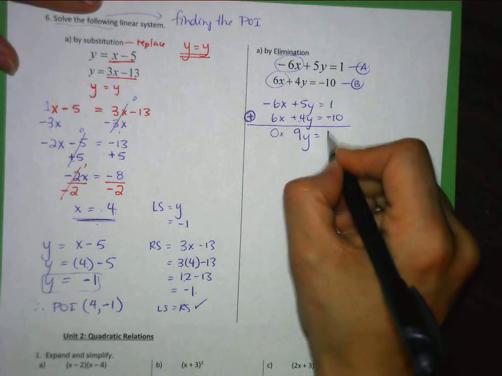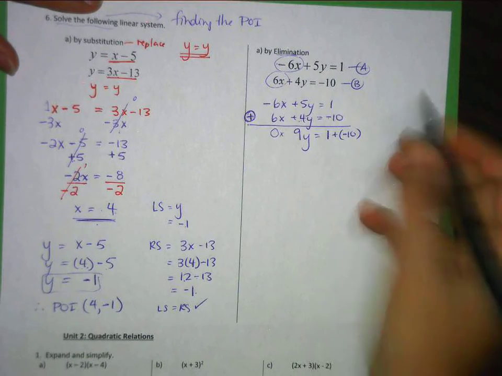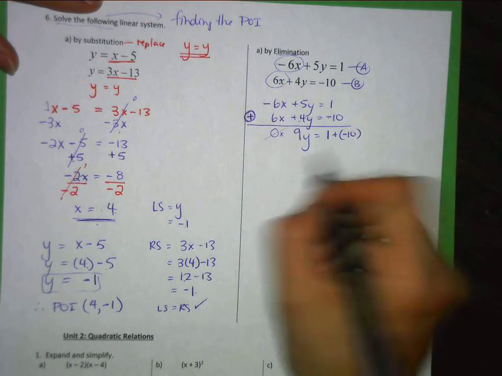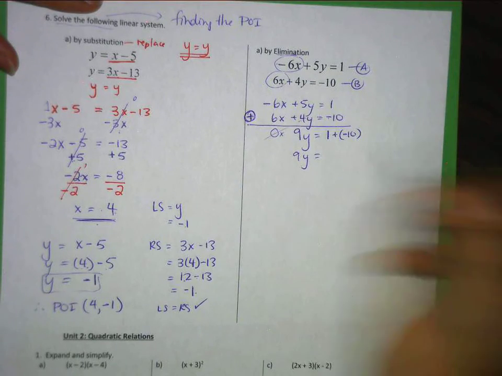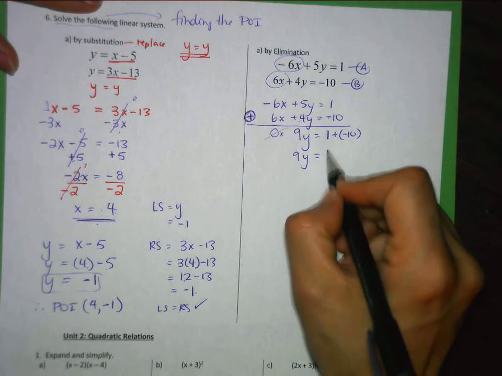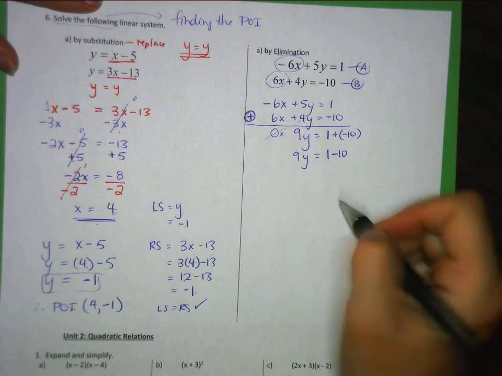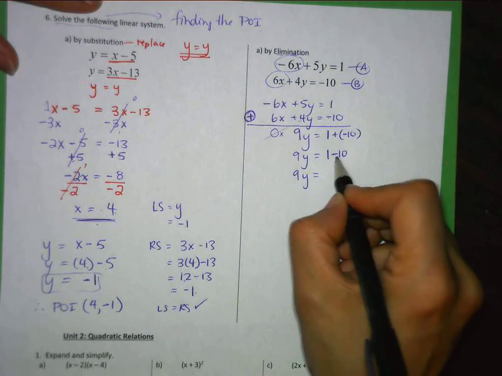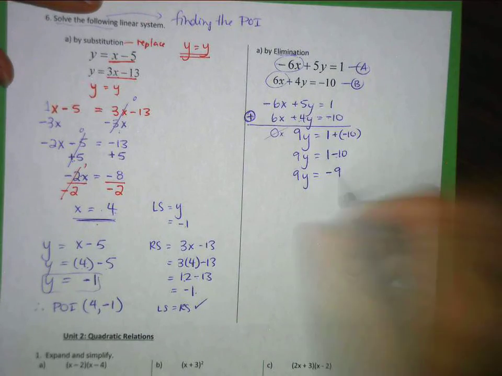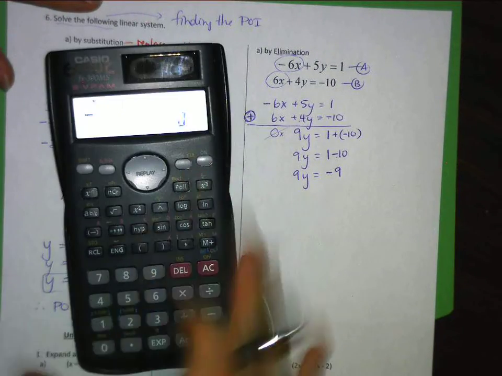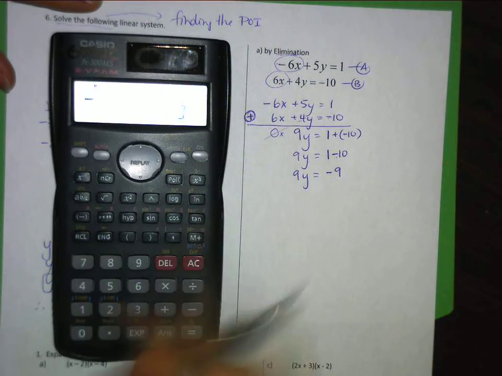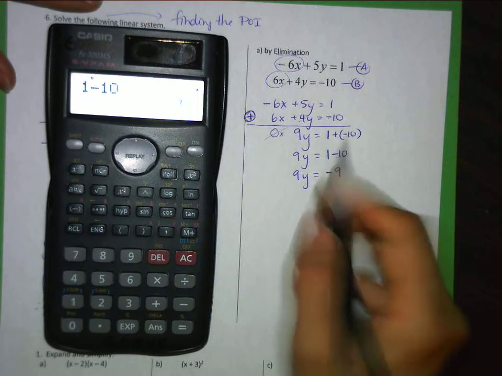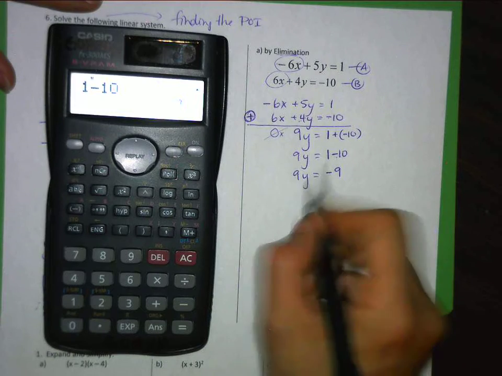If you need to write it out, you can go ahead and write it out like that if you need to. That's fine. That one has a 0 in front of it, so we're not going to bother writing it because 0 times anything is 0. And here you go, 1 minus 10. Let's finish that off. 1 minus 10 is negative 9. If you need to check that on your calculator, 1 minus 10, negative 9. And I'm looking at this, I need to get rid of the coefficient here,